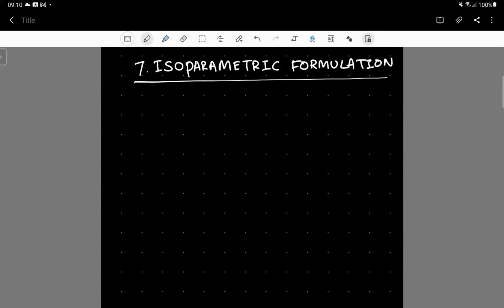Isoparametric, as the term denotes, iso means single. You use a single parameter to express, let's say, certain functions within a finite element formulation. So the motivation is, as you saw during the previous lecture, where we discussed the derivation of the stiffness matrix for a linear strain triangular element, we saw that it's quite cumbersome. It contains a lot of lengthy equations, and we need the help of a computer, of course, to solve these